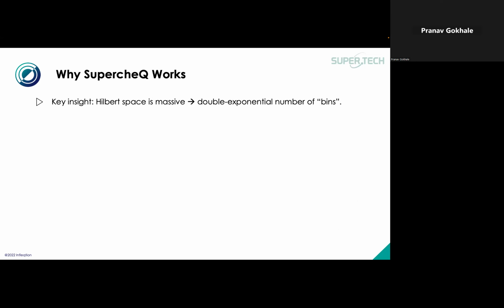Let me get back to SupercheQ EE and why it works. So the key insight and intuition for why this works is that Hilbert space is massive. I don't have to convince you guys of that. But it's in this context particularly massive in that